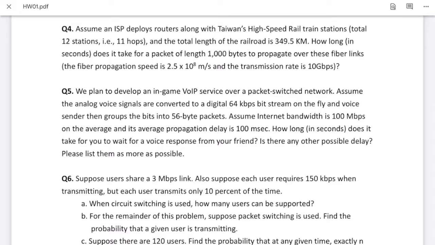Okay, number 4 and number 5 are all related to delays. Okay, I think number 5 is that we do voice over IP. So the voice signal is 64K bits per second on the fly, and each packet is 56 bytes per packet. Okay, and assume you have a 100 megabit per second bandwidth and average delay. Here you can see that we give you the propagation delay is 100 milliseconds. Okay, you simply use this number. You don't have to know where it comes from. Okay, and so the question is, how long does it take for you to wait for the very first voice